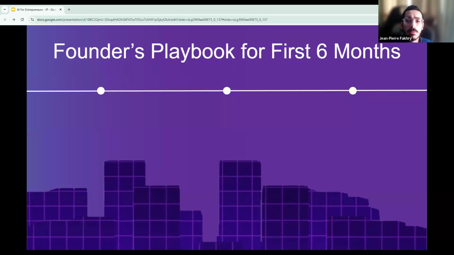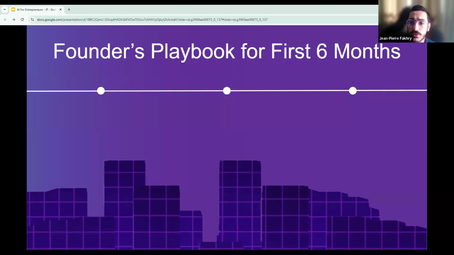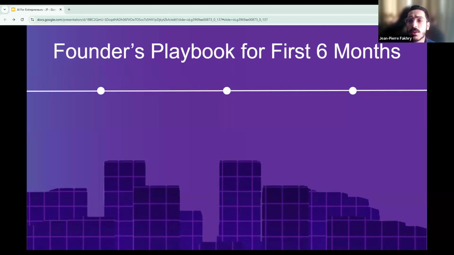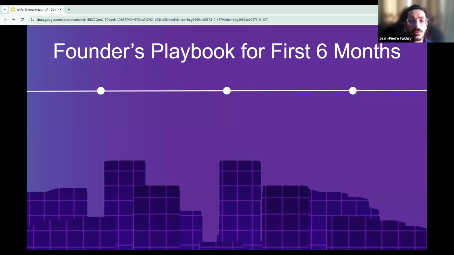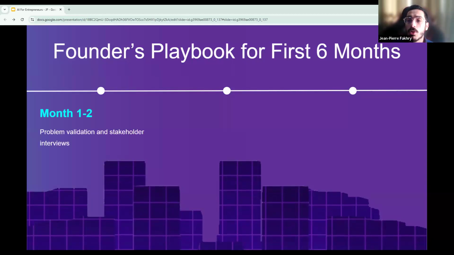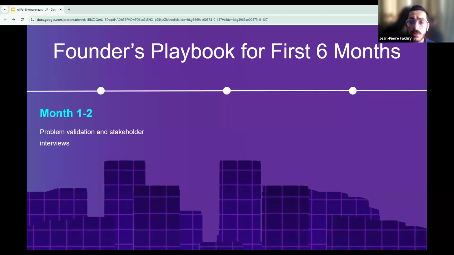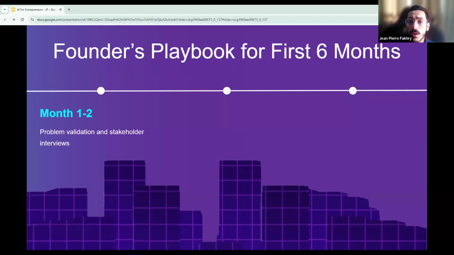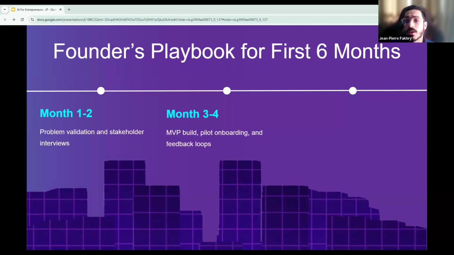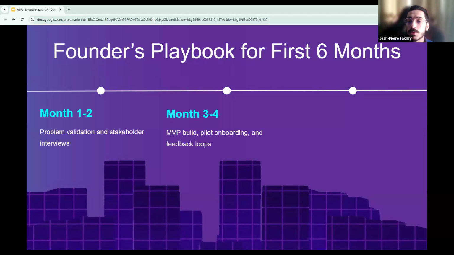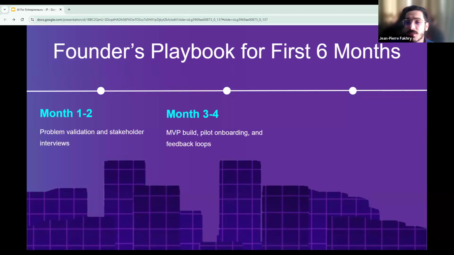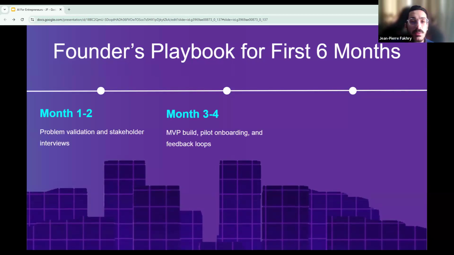Again, let's talk a bit about the founder's playbook for the first 6 months. First of all, the first to the second month are entirely about validation, not building. You need to talk to at least 50 to 20 people who basically represent the target user. Define your problem statement: identify one specific workflow that you can improve. Many founders skip this because it feels slow. They regret it deeply in month five.